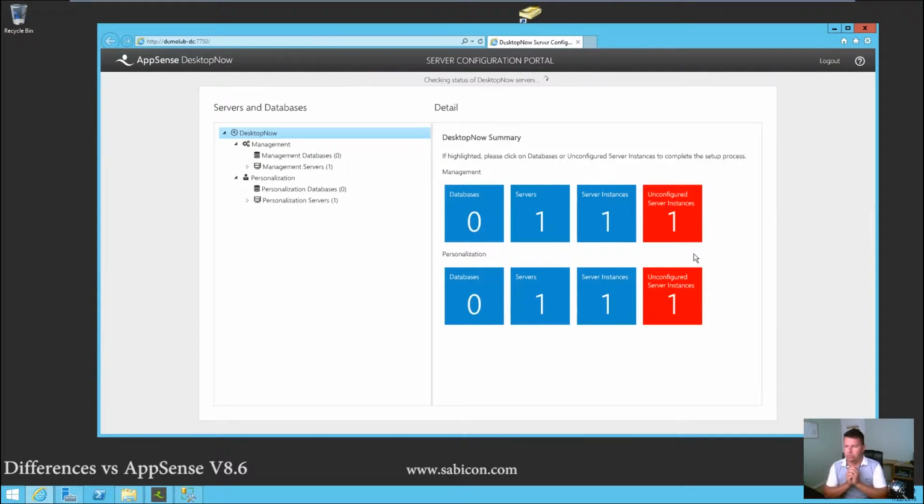So okay, we got some red boxes here straight away in my face. We can see unconfigured server instances. Well, it makes sense, we've got no instances. So this is the management section and this is the personalization section. Unconfigured, no databases, we've got one server instance, but unconfigured. That all kind of makes sense. We've got a nice little tree view here. Okay, so management